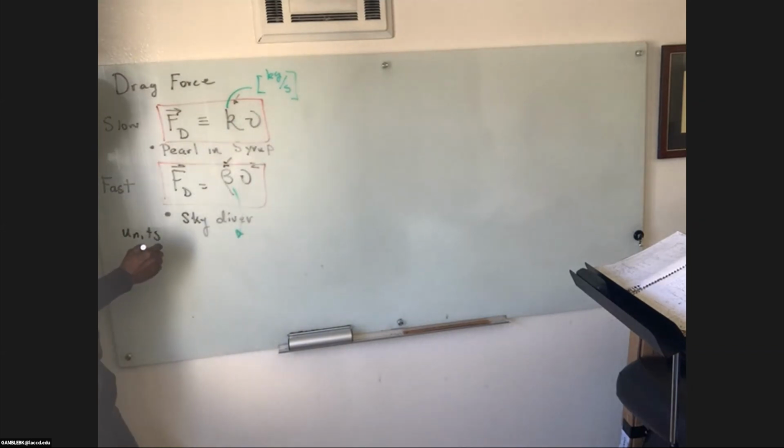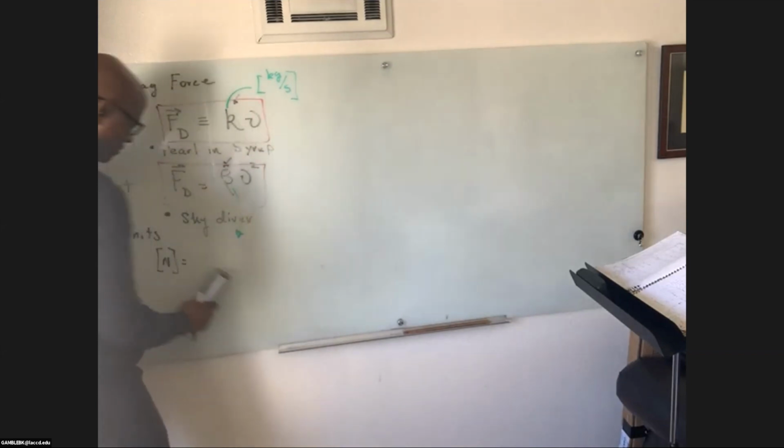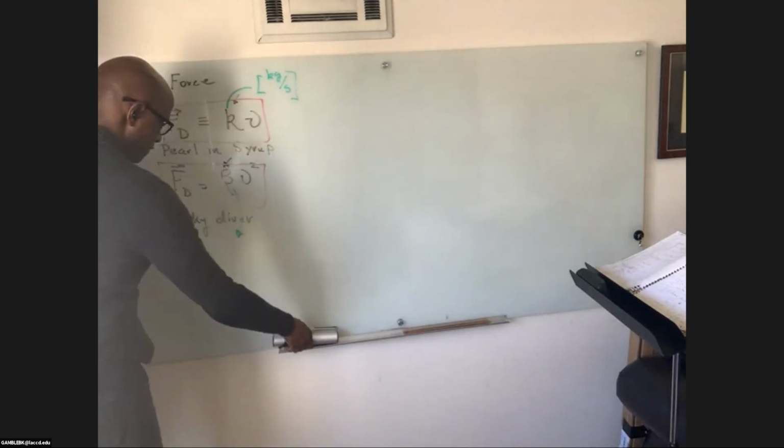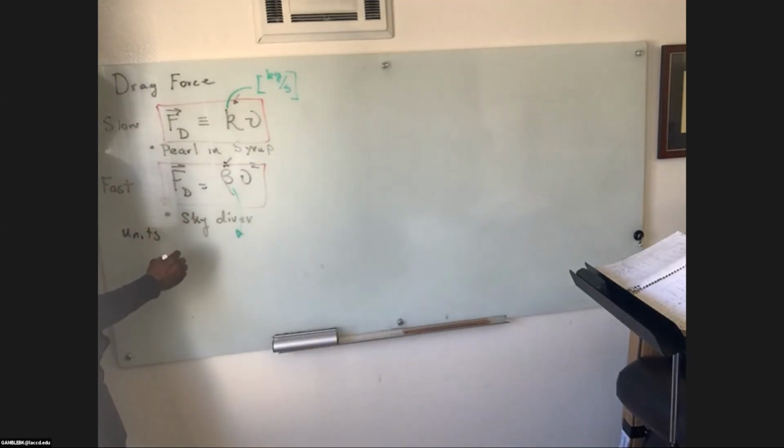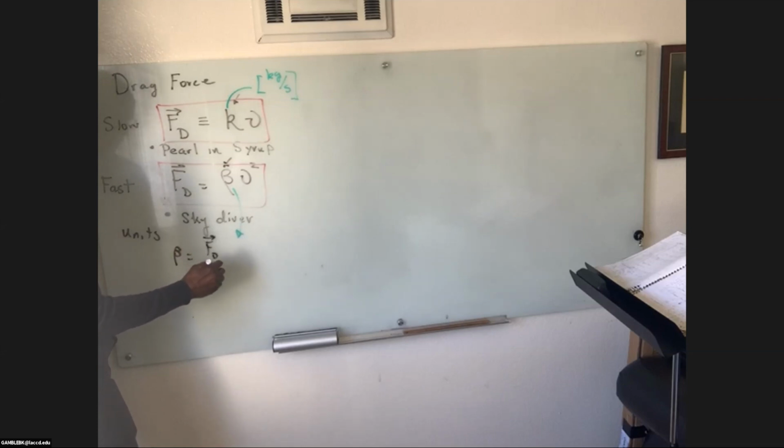So on the right side, I have newtons, right? This formula suggests that beta equals force divided by the square of the velocity, right? So if we work that out,